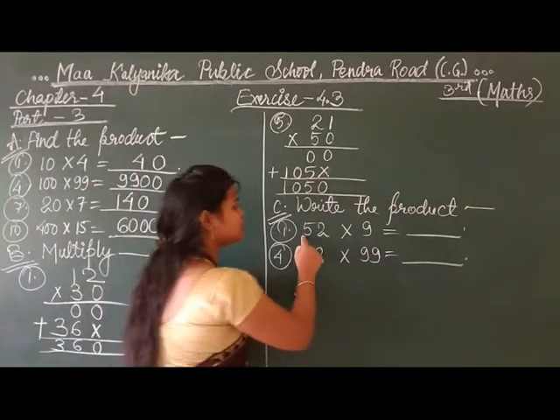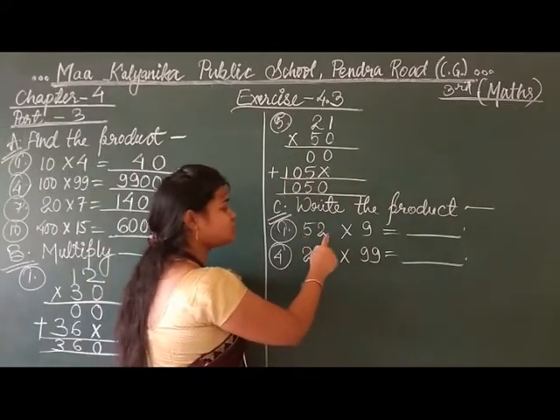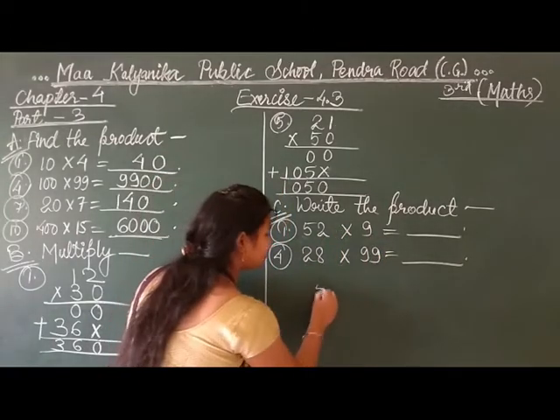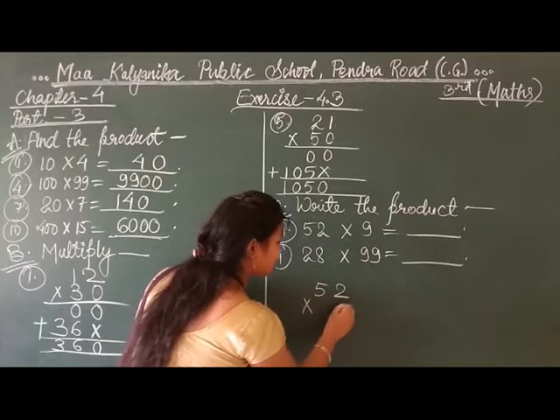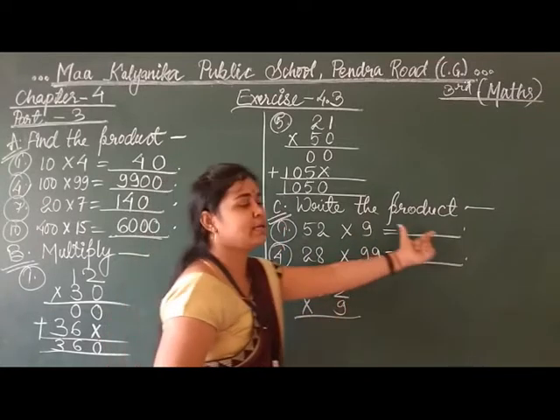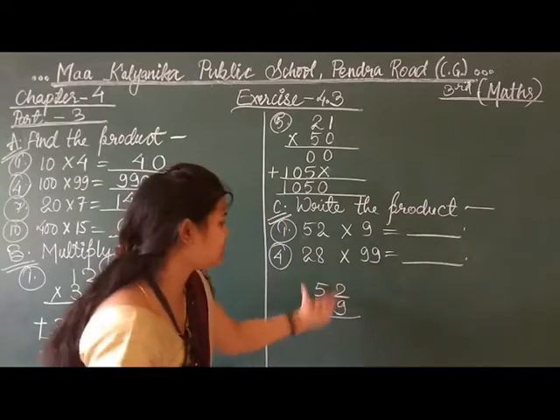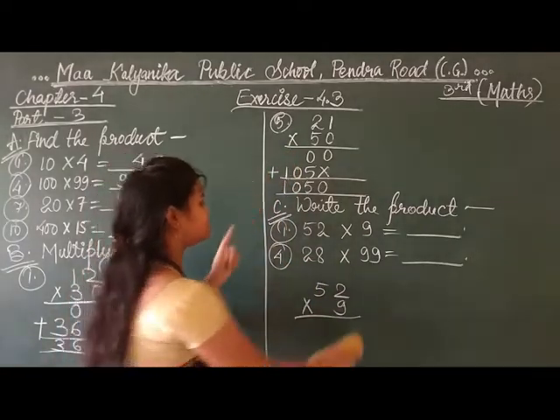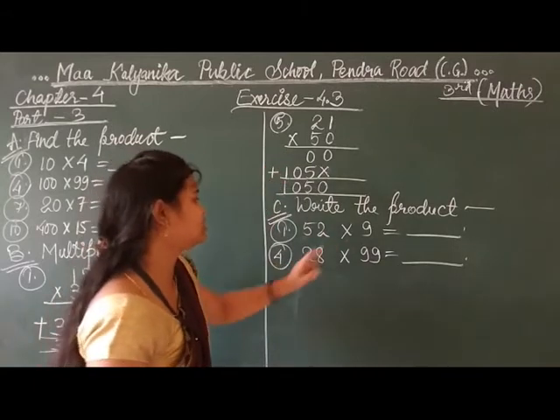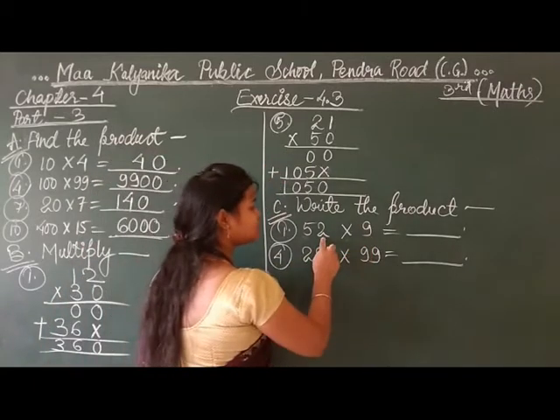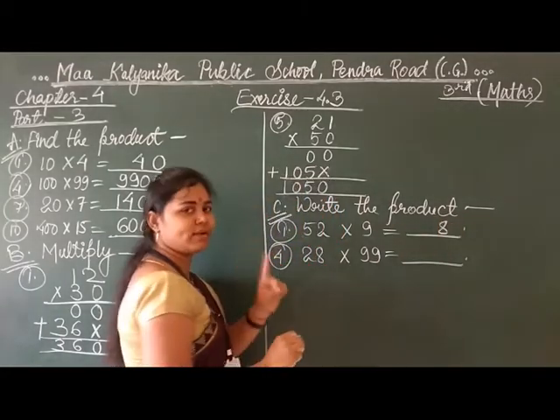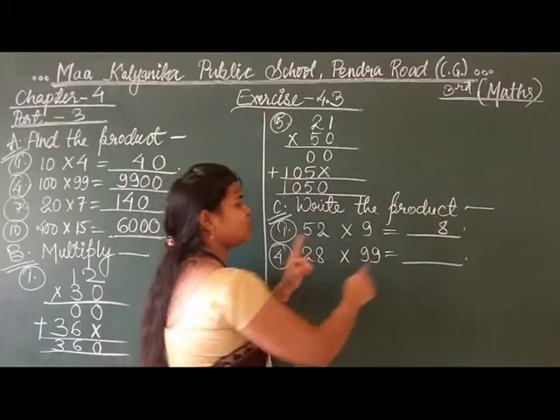So now moving to this question, question number 1, 52 multiplied by 9. So you can either write here 52 and 9 and you can multiply in rough, or directly also you can multiply and write the answer. So this method I had shown you here in question number B. So I am telling you here the second method. So 9 2s are 18. 1 carry and 8 here. Okay, 1 we have taken carry.